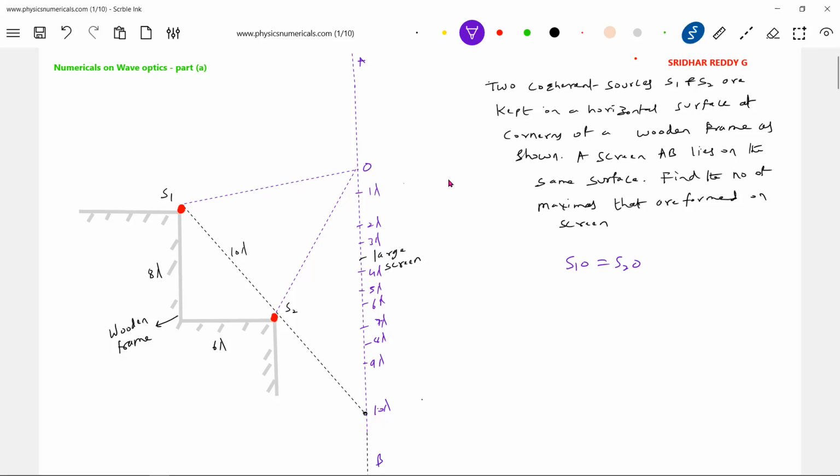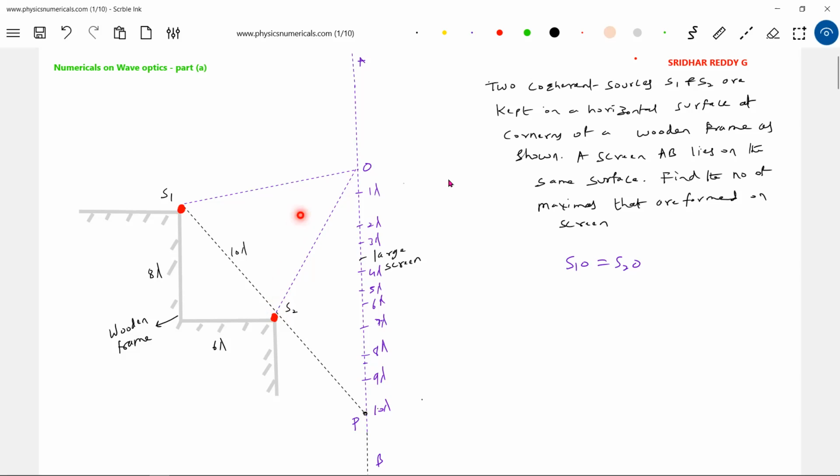Let me write from point P onwards till the other end of the screen. So here, the light coming from S1, like this light here, will be blocked by the wooden frame. So the light will not reach here. Okay, got this idea? This will be 10 lambda, is what I started with. Let me readjust it all; it'll be easy. Okay, got it now. And now what is the path difference at some further part of the screen here?